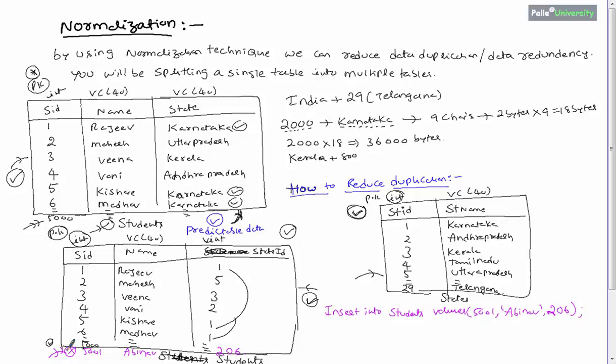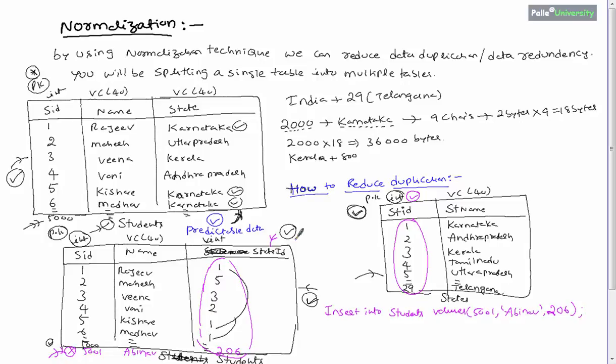So what will you do? Very simple. You have to make sure that this state ID must get data which is only present in the STID column in the states table. You need to allow only that data into this state ID column present in the students table, right? You have to restrict the data which is coming into the state ID column.